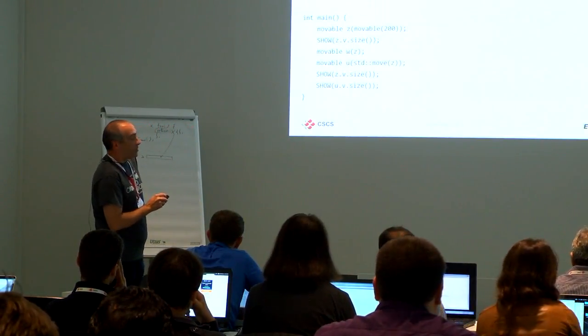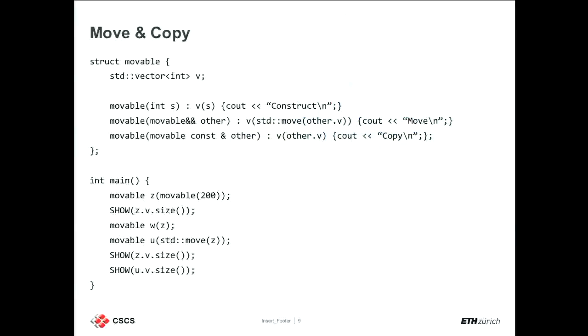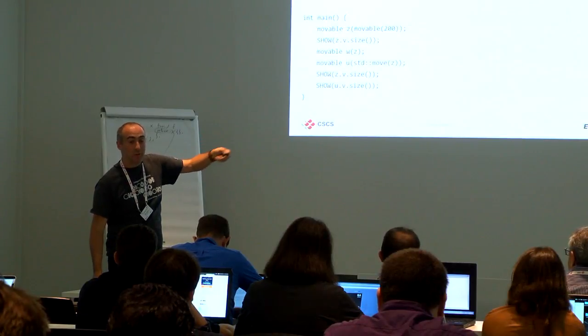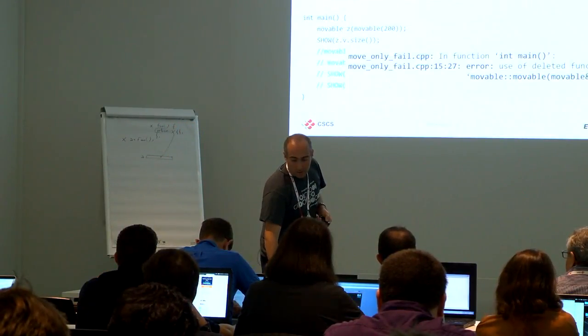So why do I need to do std::move here? I'm passing an object which is temporary, created on the fly, or I'm saying I want to move the object. I received other as an R-value reference, so when I do other.v, since other is an R-value reference, I should be moving. Well, yeah, but it's exactly the same issue. It's actually the same thing. other exists as a name here. It can be used as any other variable in your scope. So if you want to move, you need to explicitly say it. Similarly, as you receive an R-value reference,